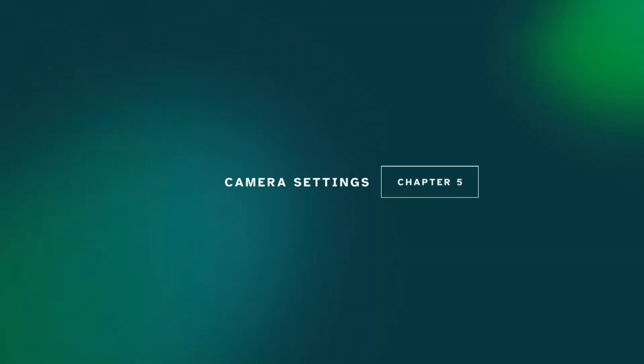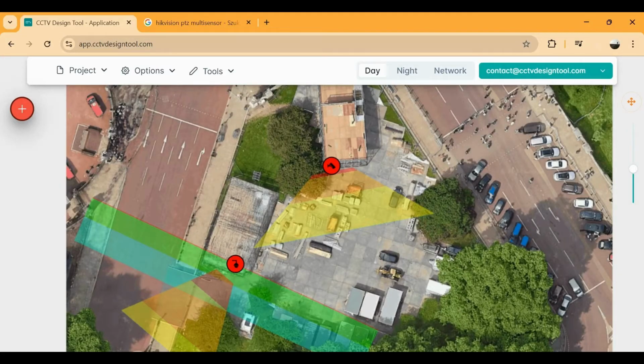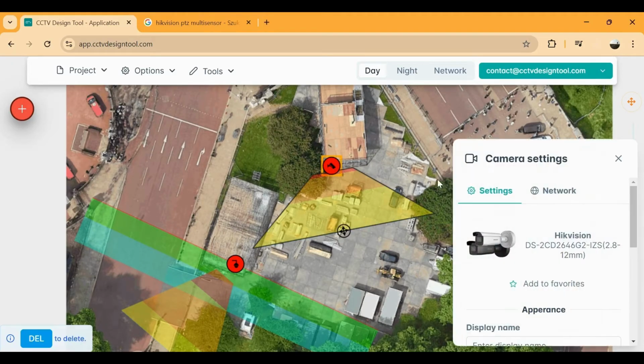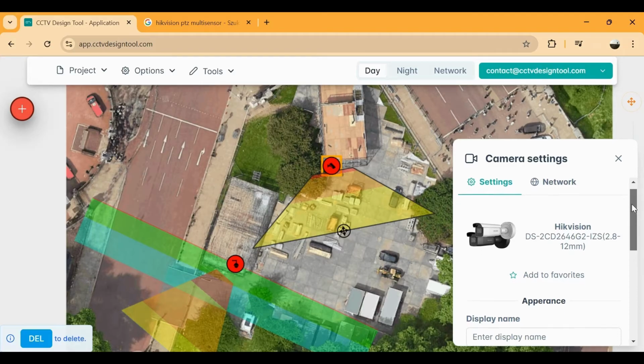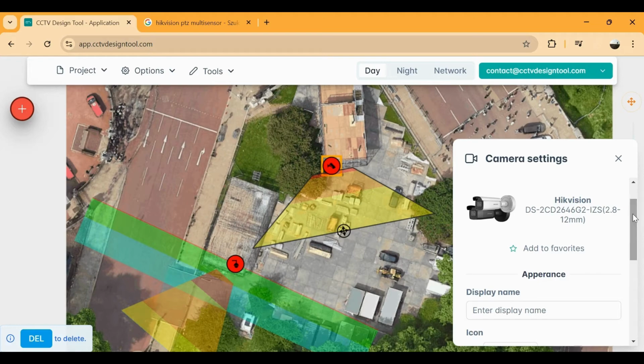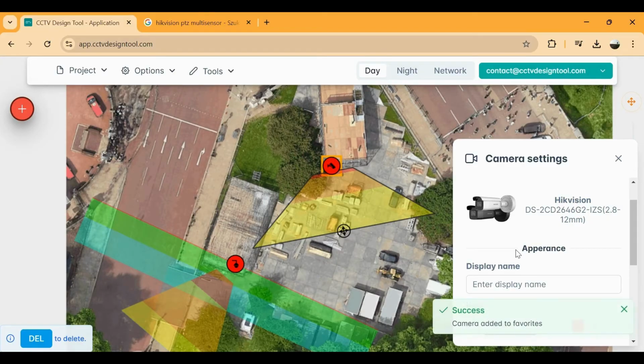Camera settings. Click on the camera, and a settings window for the selected camera will open on the right side. Here, you will find two tabs: Settings for the main settings and Network for network settings. In the Settings tab, you will first see the camera image and its details, including the manufacturer name and model. Below this, there is a button to add this camera model to your favorites list, making it quicker to add